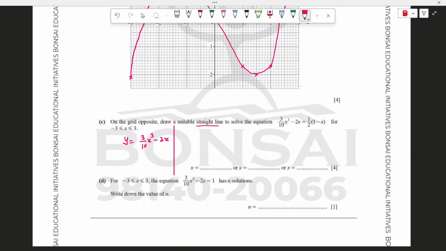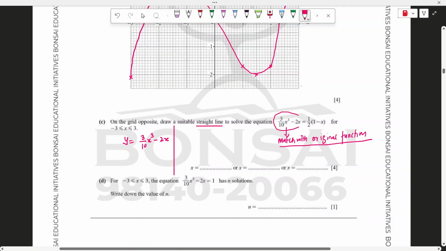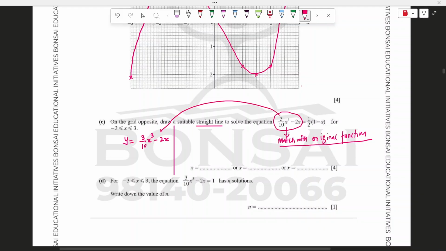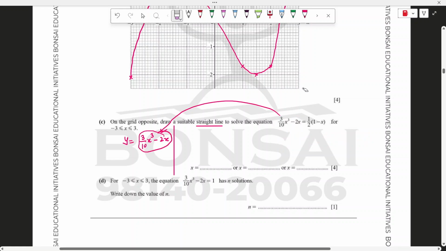When you are looking at the straight line, you need to make the left hand side of the equation match the original function. For that, you add something to both sides, or subtract something from both sides. You need to do a lot of activities. But in this problem, the left hand side is exactly the same as the function itself. So when it is exactly the same, you need to do nothing, just replace it with y,